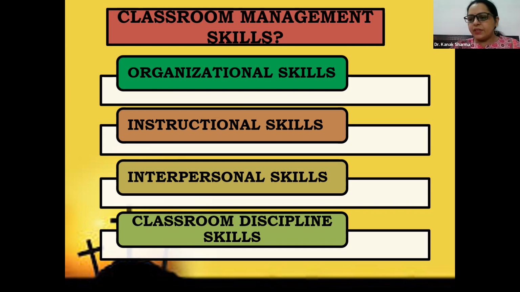Next is interpersonal skills. Interpersonal skills involve, we say that we require a positive environment. So where does it come from? Suppose I don't have a good relationship with my students, then I will not be able to create a positive environment in my classroom. And we were talking about giving freedom to our students to express their ideas. If I don't give them the freedom to express their views and ideas, it means I don't have interpersonal skills. So as a teacher, you should always develop a positive relationship with your students